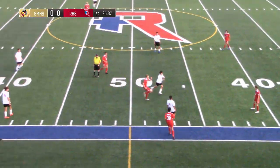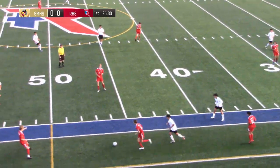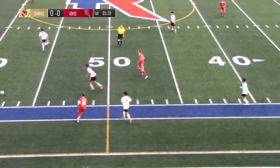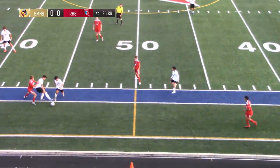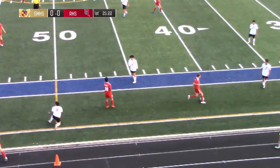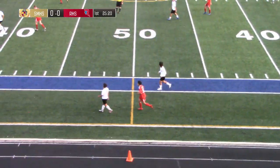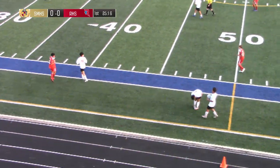Throw for Scecina. That's Daniel Linares, number 7, taking the throw. Roncalli wins it back. Nicely held in. And Colin Newitt draws the foul, putting his shoulder right into the